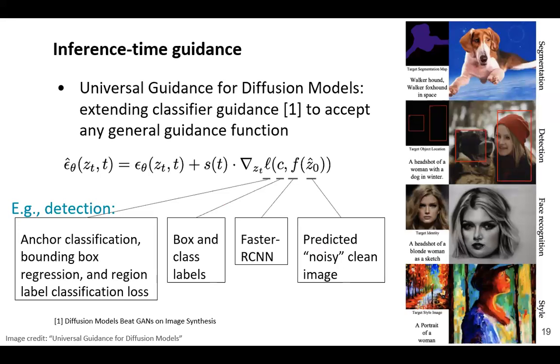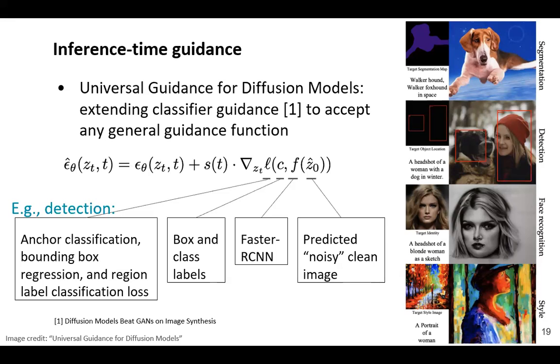So all the previously introduced methods actually require a certain extent of model fine-tuning, either of the entire framework or of specific adapter-like layers. And other than fine-tuning, there has also been some very interesting recent work on seeing if we can have such additional guidance only at inference time. So universal guidance for diffusion models is one representative work, where the core idea is to extend the idea in classifier guidance,